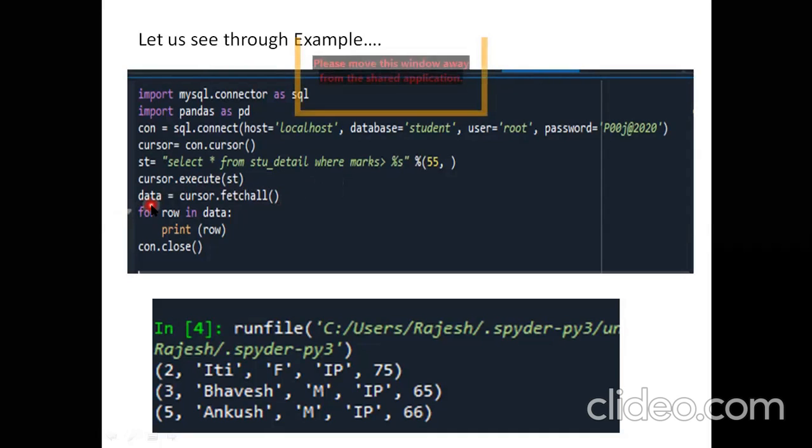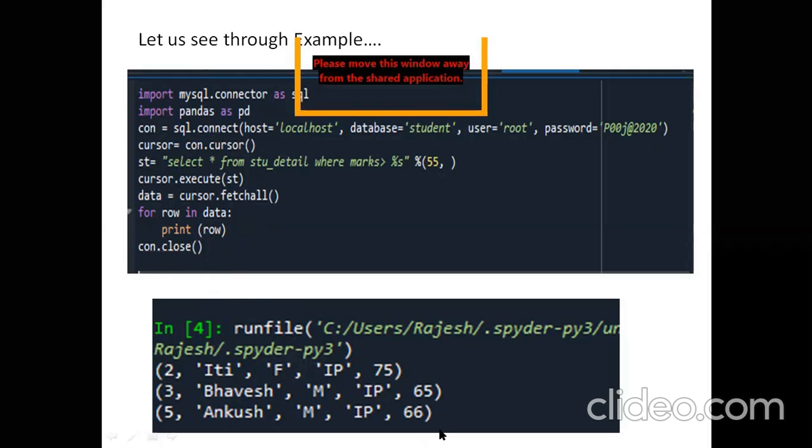Now see, I told you in the last lecture also that you can directly write print data. But if you want your data to look systematic, row-wise, then you can always use the for loop. If I do not use a for loop and write print data directly, it would be printed like this. As you can see, the run file has been visible over here. In the similar way, in one row all three data would have appeared with comma-separated values. That would not even look good. So if you want it in a presentable way, you can just use the for loop, and as you print the row, you can see the output. Then close your connection, which is the last step: con.close.